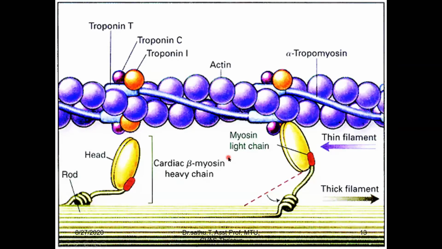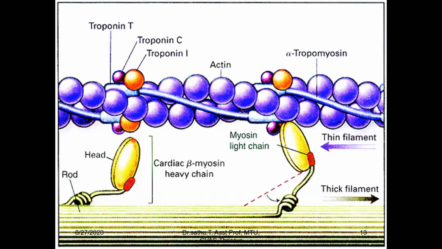You'll understand better as I am explaining here. You can see this is the tropomyosin. Okay, this is the tropomyosin. You can see this is the myosin head. For this to take place, again it requires the ATP. So this is one place where, for the muscle contraction to take place,